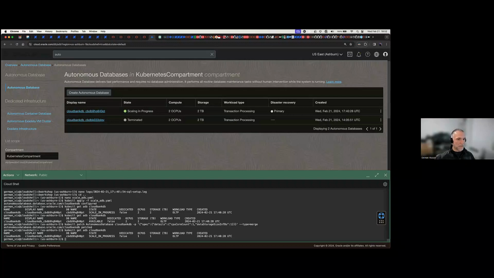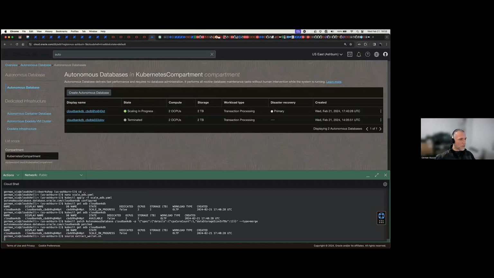Okay, so we are running out of time, but I just have one more thing to show you, which is basically connecting to this database. We can use SQLcl or SQL*Plus, but for that, of course, you need the wallet here, right? We're in Cloud Shell, and we need the wallet here, because otherwise we won't be able to connect. So what I'm going to do is source a wallet shell file that I have here. I'm going to source it and show it to you. Okay, source the wallet.